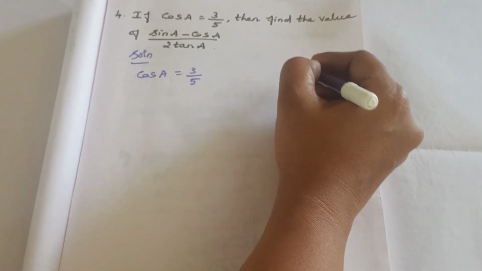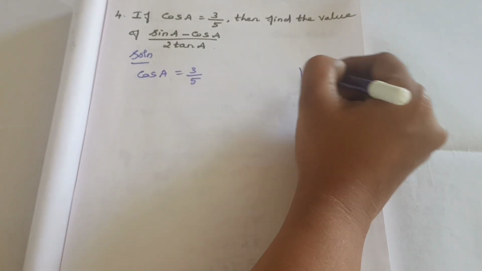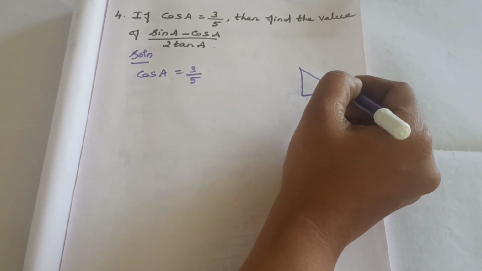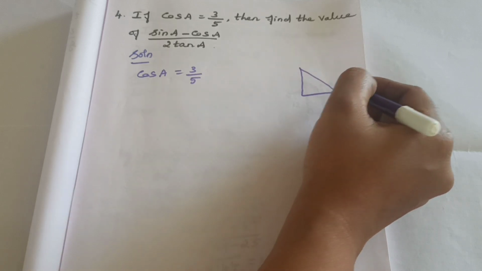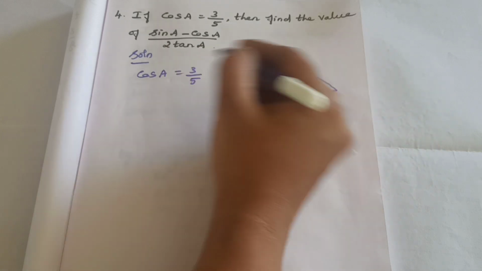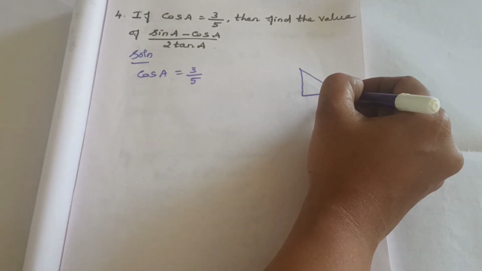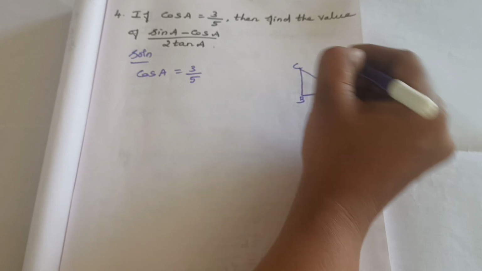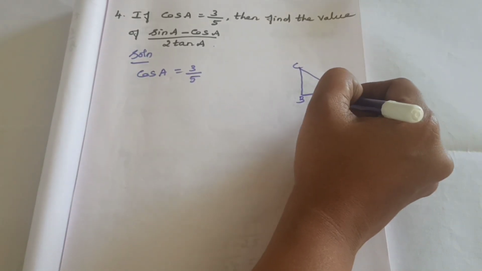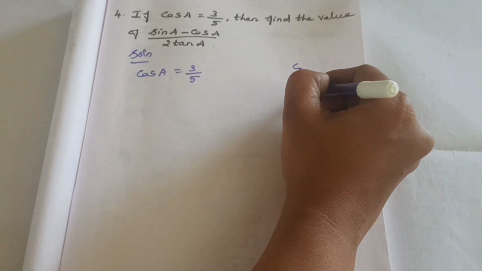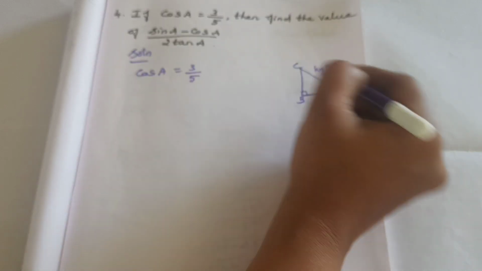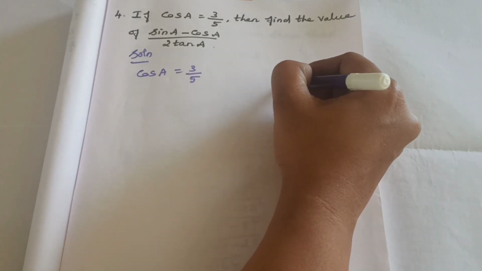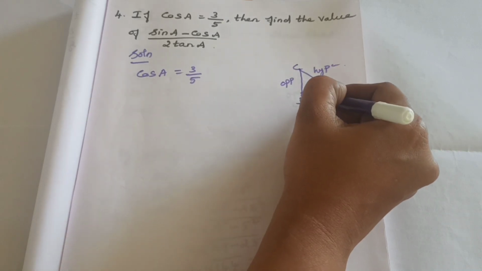So we have to draw one diagram here, a right angle triangle. And then the angle is what? A, isn't it? Angle A. So this is A, we can take triangle ABC, this angle A. Then this is 90 degrees. This one you should take as the hypotenuse. Then the side opposite to the angle is called what? The opposite side. And this one is the adjacent side.